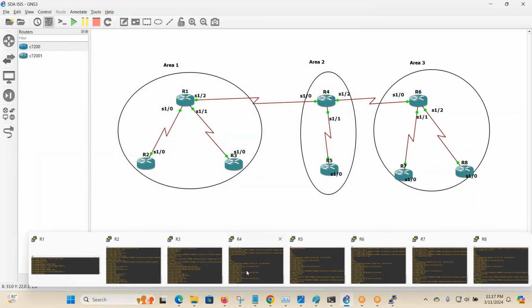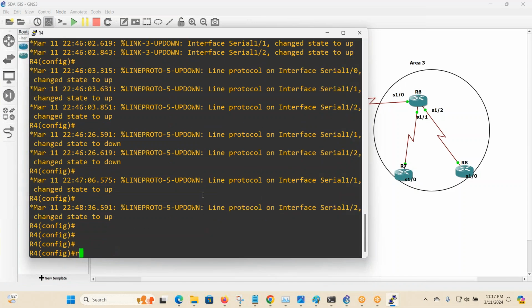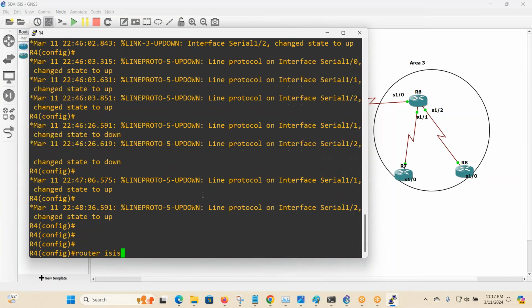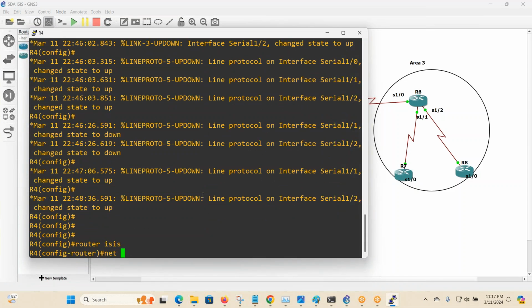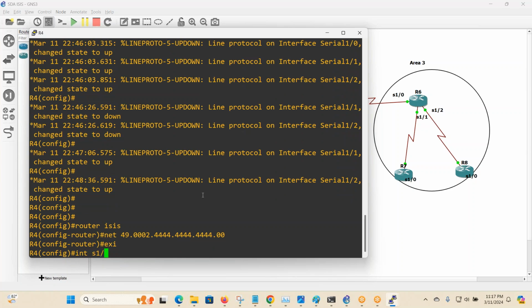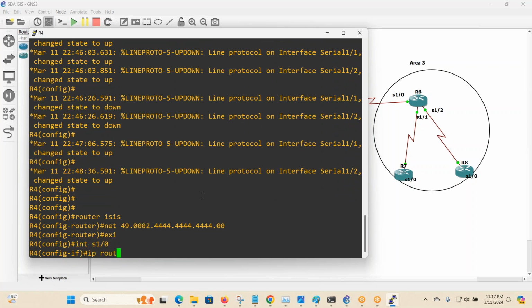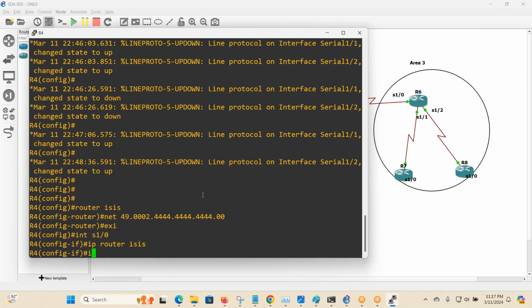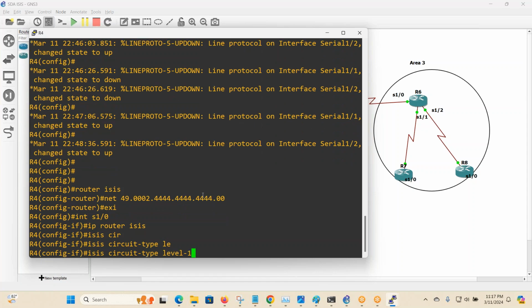So router 4. So router ISIS. So we have to set the NET. So this router is in area 2. So 49.0.0.2, and then we'll put 444.444.444.00. So we'll exit from here. So then we go to interface serial 1/0. So IP router ISIS. Then we have to set the ISIS circuit type level 2